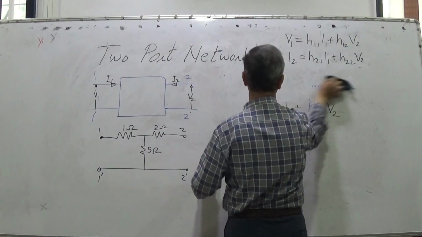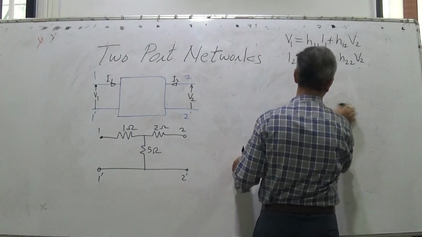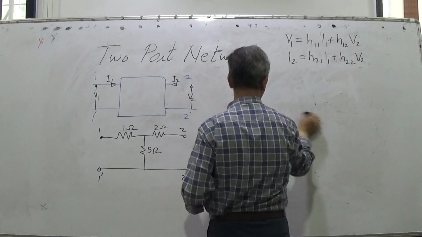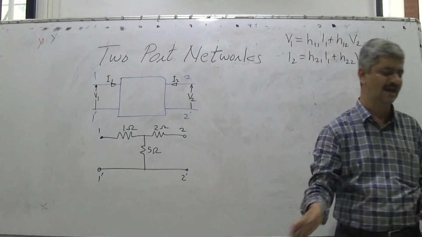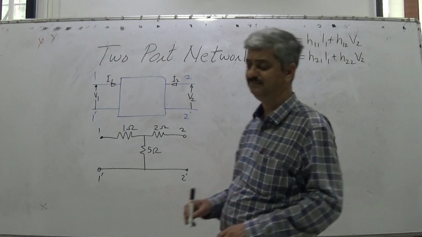Now, what is given with you? You are given one voltage source, 1 or 2 as we wish, voltmeters and ammeters. So you can apply voltage to either of the ports. You can apply only one voltage source, or you can apply 2 voltage sources as you wish, and you can measure all voltages and all currents. Now let us start finding various things.